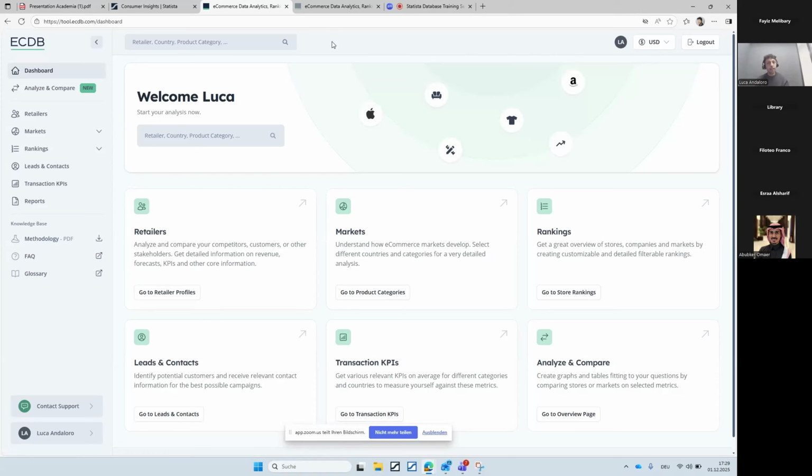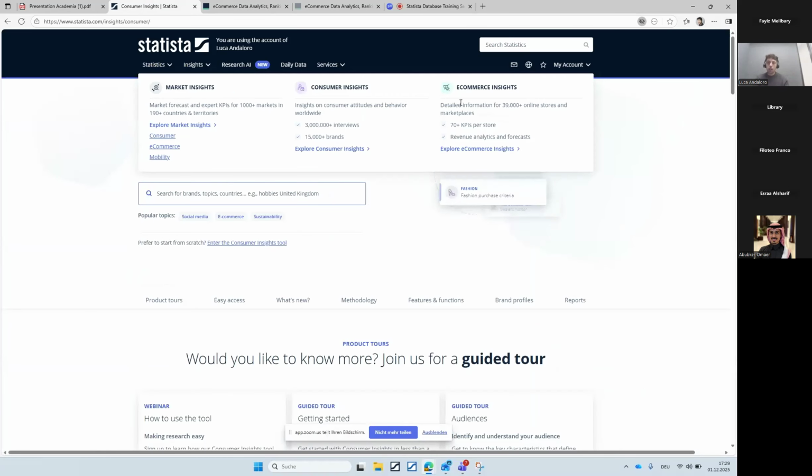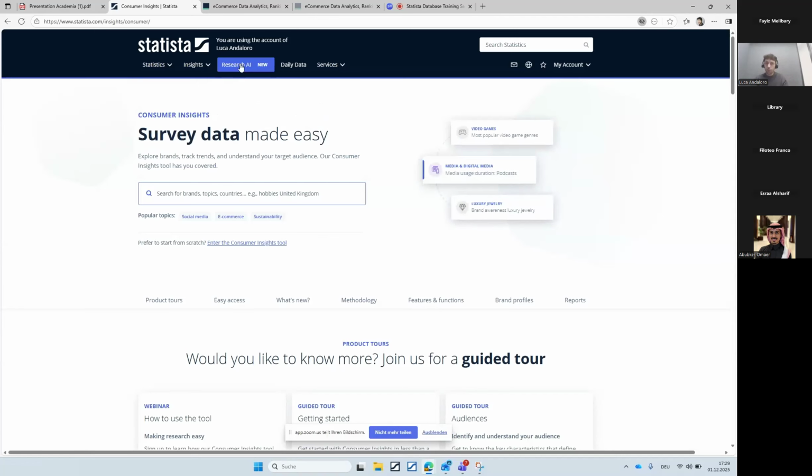Sometimes you can find data like single statistics, for example, on a topic, and in that case, I would suggest you to use Research AI for that, because it allows you to find more specific data related to that. Otherwise, when you navigate these tools such as marketing insights, consumer insights, and e-commerce insights, these are all based on a national level. Okay. This is the focus that Statista tends to have. Doesn't mean that we do not have any data on a regional level, but in that case, it's a bit harder to find, and I would suggest you to use Research AI. Okay,